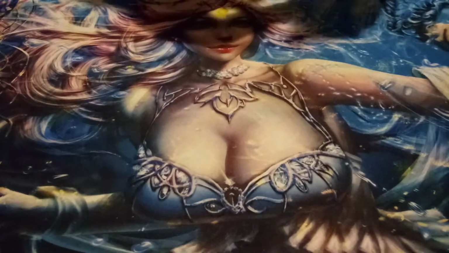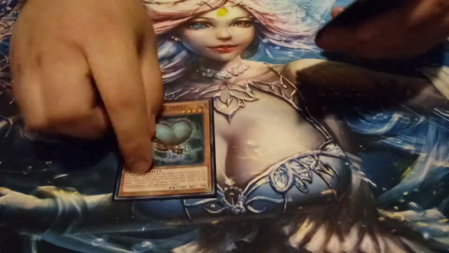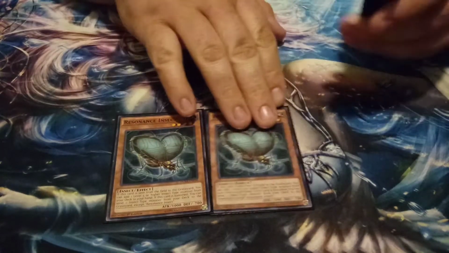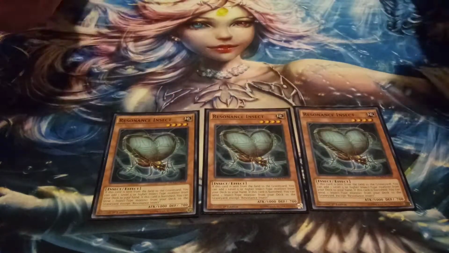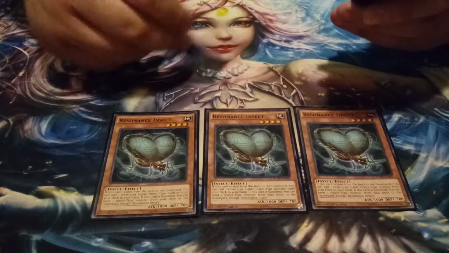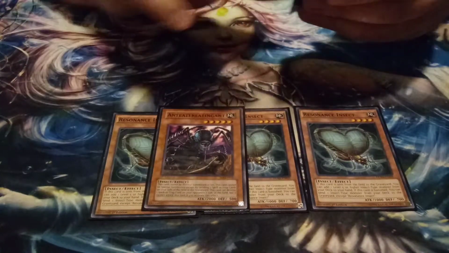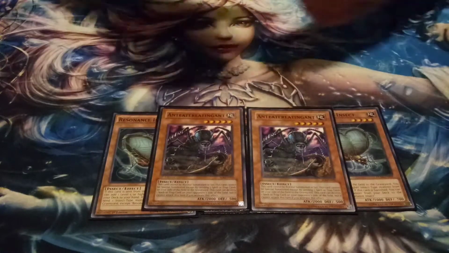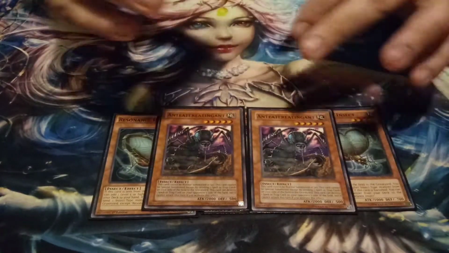Now, going to the spice, this is some crazy stuff here. Playing an insect engine. We're playing 3 copies of Resonant Insect. Basically, if it leaves the field and goes to the graveyard, we can add a level 5 or higher insect from deck to hand. And for level 5s, I'm playing 2 copies of Anteater Eating Ant, which we can special summon